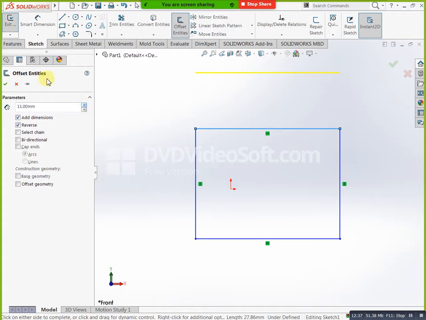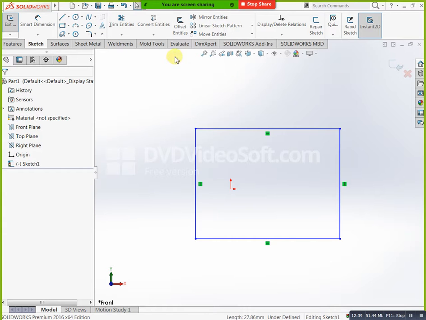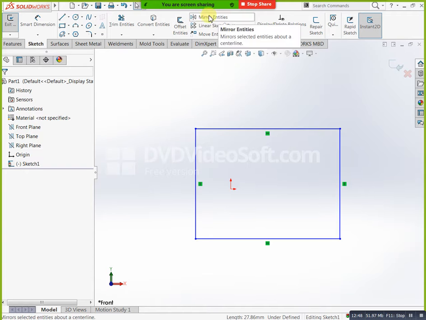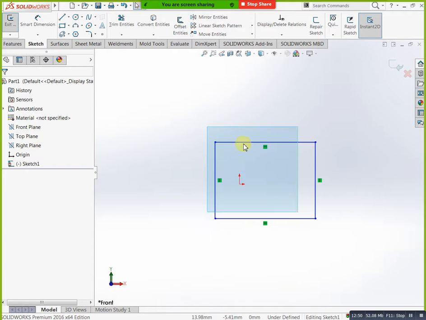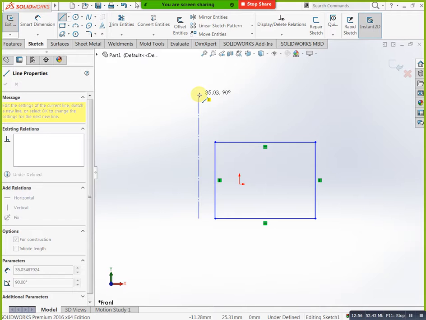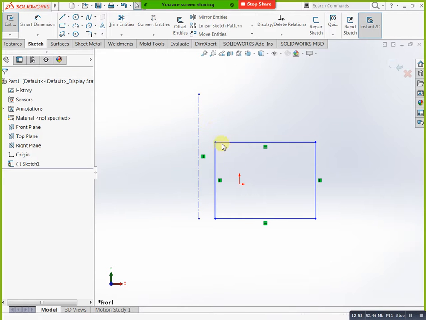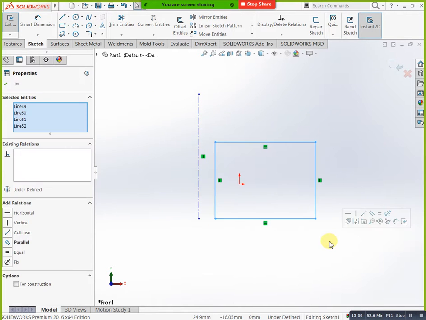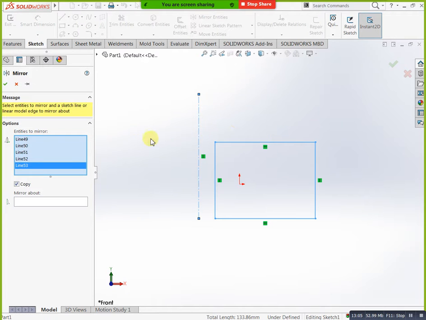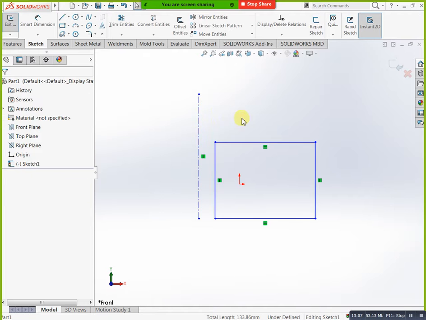Next, mirror entity. Mirror entity means we need one center line for this. You can go here, and here we have one center line, you can mention like this, here to here. Now you can select that, apply. Okay, but it has not come now. Why? We have one reason for that. After you select mirror entity, here we have mirror about, you can select this one and you can select this line, then it will come, otherwise it won't come.